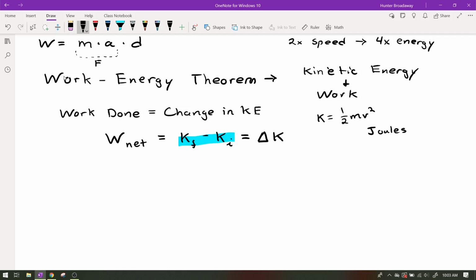There are two interpretations for this. One is if you get a positive change in kinetic energy, and the other is if you get a negative change in kinetic energy, because this could go both ways. The delta K could be an increase in kinetic energy, or a decrease in kinetic energy. That would depend on whether you have positive work or negative work being done. So if we have a positive delta K, a positive change in kinetic energy, this could mean the object is speeding up,